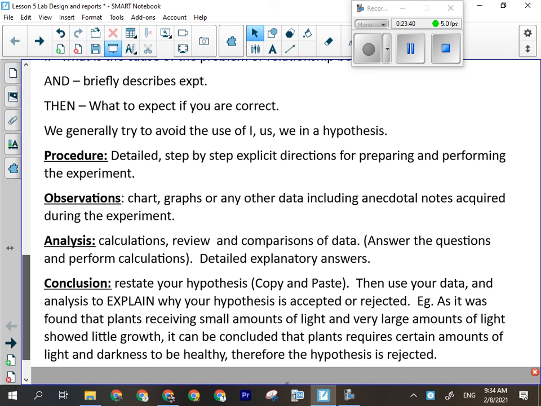No, I still can't accept it. It was still wrong, but there was some accuracy to it to a point. That's what I explain in my conclusion. So I would have my hypothesis written there, and then I would say this hypothesis must be rejected because